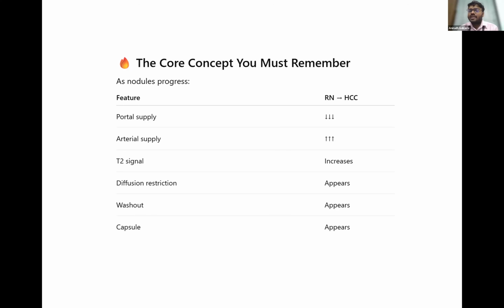Dysplastic nodule or early HCC will show subtle hyperenhancement, subtle T2 increase in signal, subtle washout, or there may be no washout but arterial hyperenhancement. That time you have to go in favor of early HCC or dysplastic nodule. Then in HCC there is diffusion restriction, there is washout, there is a capsule. If there are all these things, washout, capsule,